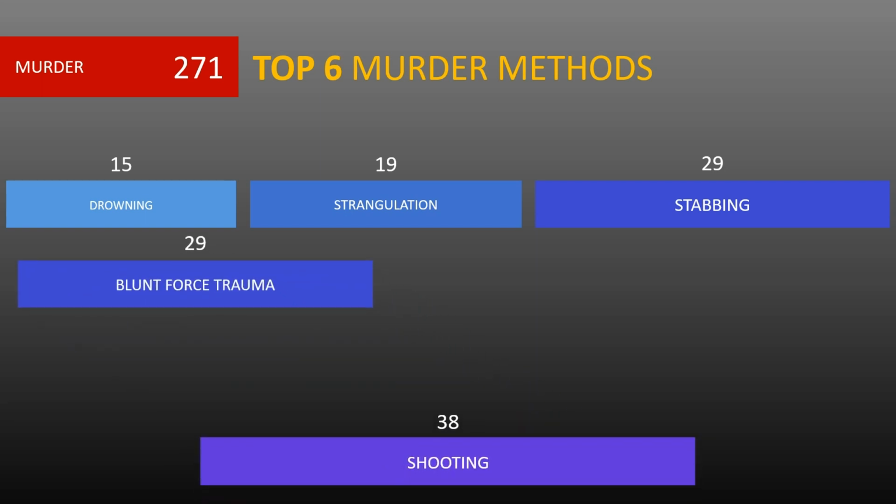Shooting. Gunshots and firearms were utilized as murder methods in many of Christie's novels, particularly in stories involving espionage or criminal conspiracies. The Secret Adversary and The Big Four are examples where firearms play a significant role in the crimes.